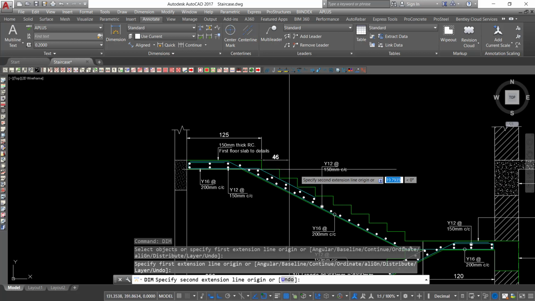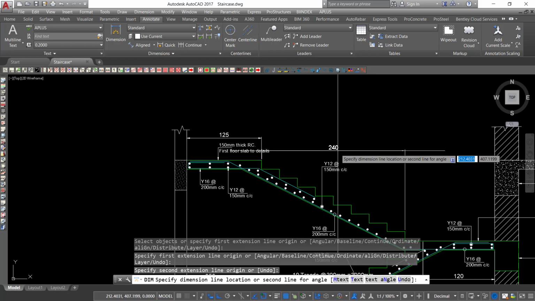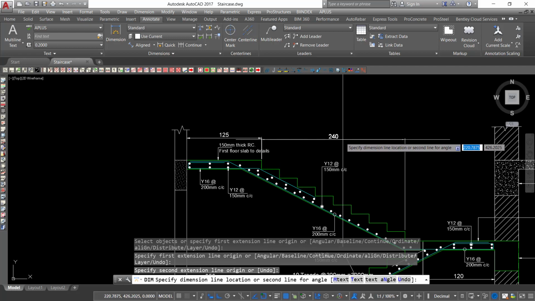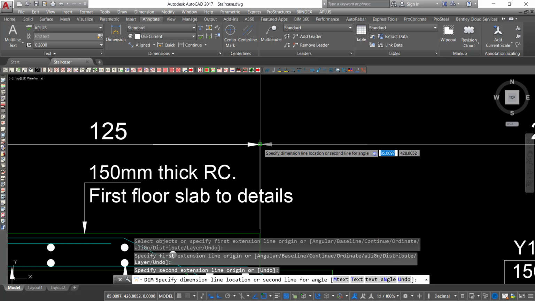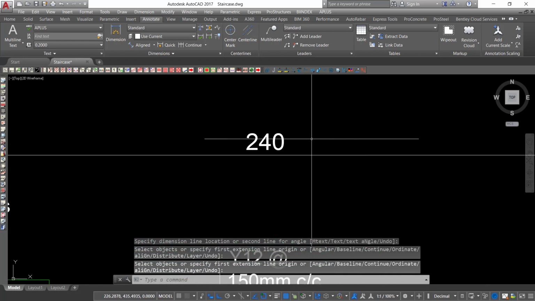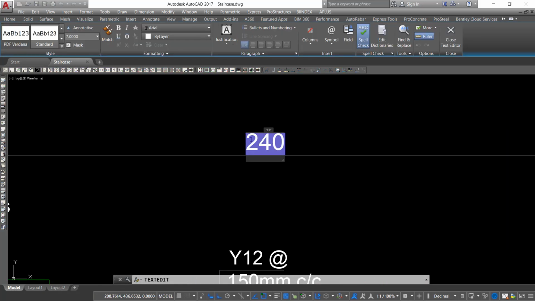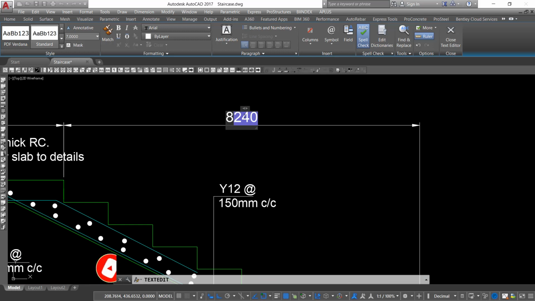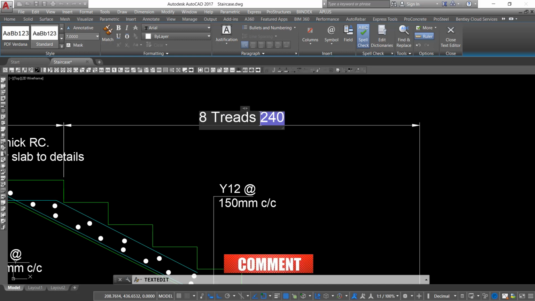So from this end to this end, how many threads do you have? This distance is 2.4 meters. So at 2.4 meters, how many threads do we have? So just double click on this text. Once we double click on that text, we have these 8 threads. We have 1, 2, 3, 4, 5, 6, 7, 8. So we're going to type 8 threads, 8 threads at